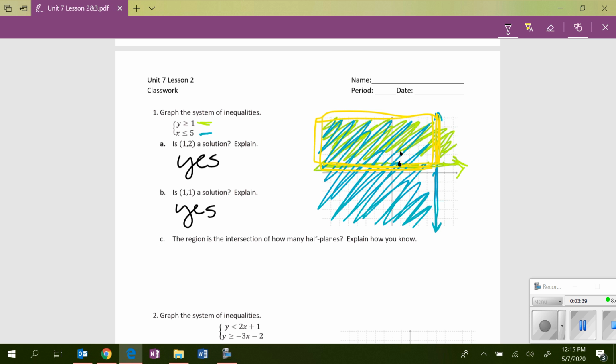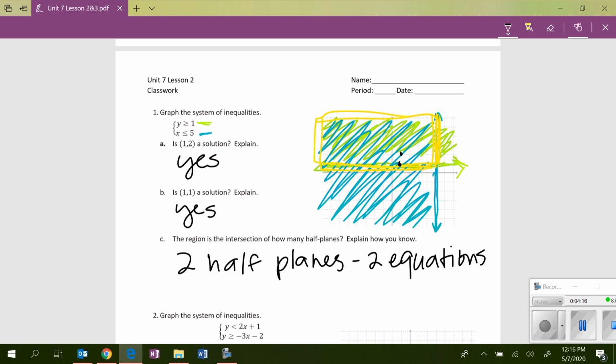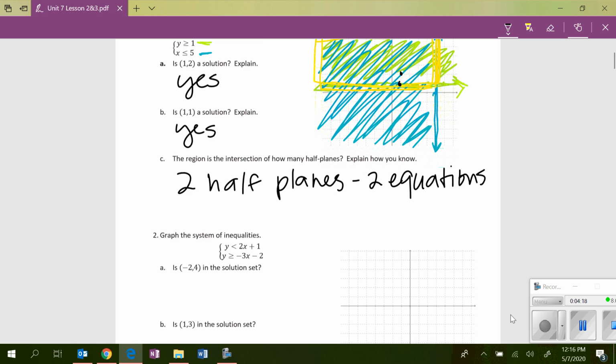The region is the intersection of how many half planes? How do you know? A half plane is basically, I have my line and I shaded half of the plane. And there are 2 half planes because I had 2 lines. So I've got 2 half planes because I had 2 equations. The next one,